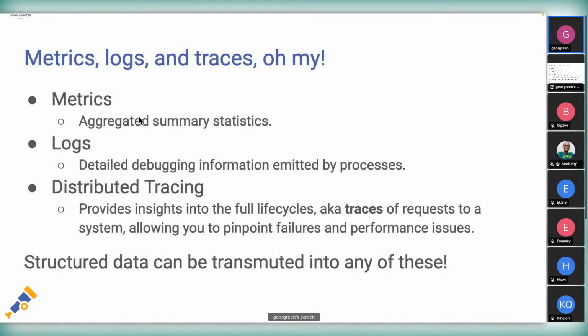So what are examples of telemetry? I think you guys have seen this. I won't bog you down with this, but I think all of you have seen metrics, which is just an aggregated summary statistic. What that means is it's one number that can summarize an entire application. So for example, if you want to know how many requests am I serving now, you just get one number that tells you your application is serving 10 requests right now, or a billion requests if you're lucky. And then